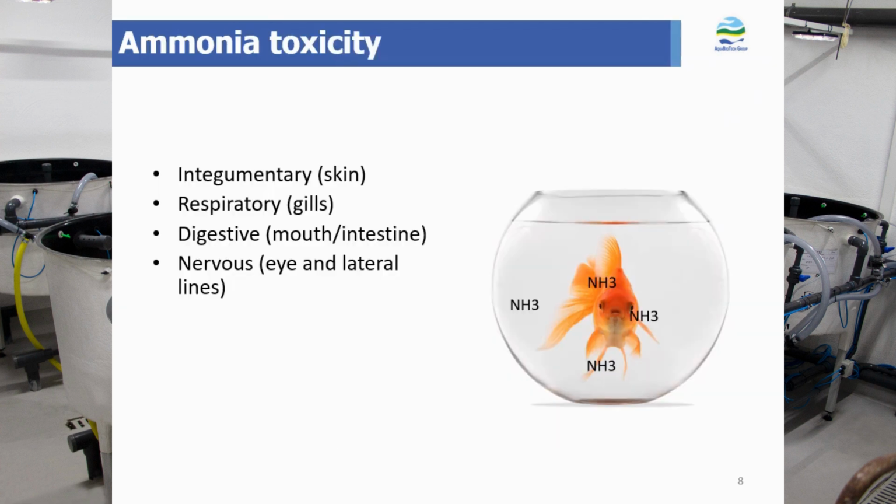Why is ammonia so important in RAS? Fish excrete ammonia through the gills, urine, and feces. As for humans, ammonia can be very toxic to fish. The impact on fish health is also related to the dose, the route, and where the fish is being exposed, meaning what tissue is in contact with the toxic. As you could clearly see in this example,